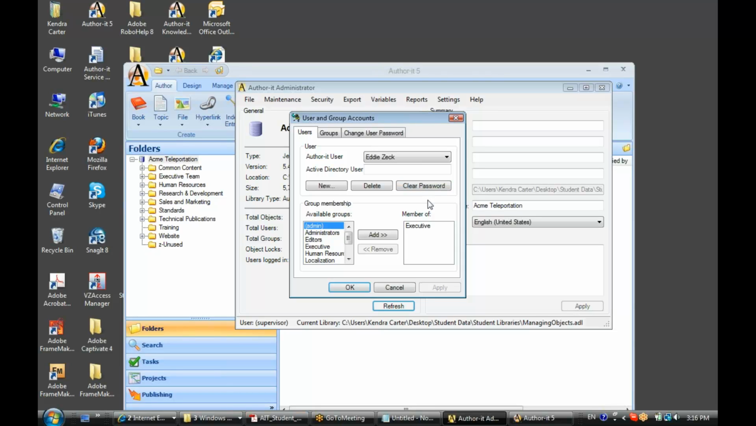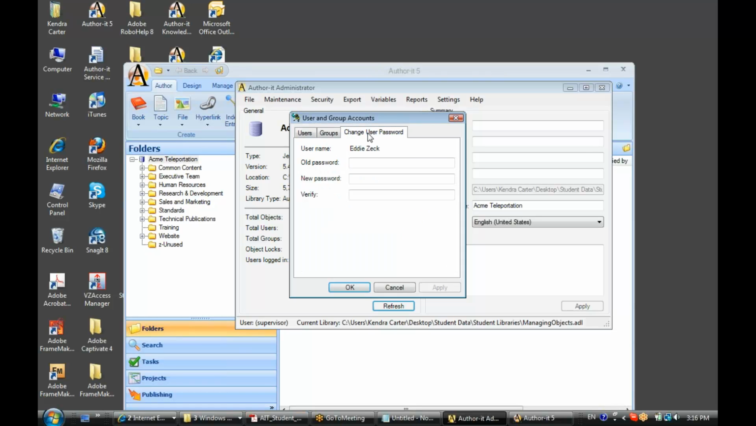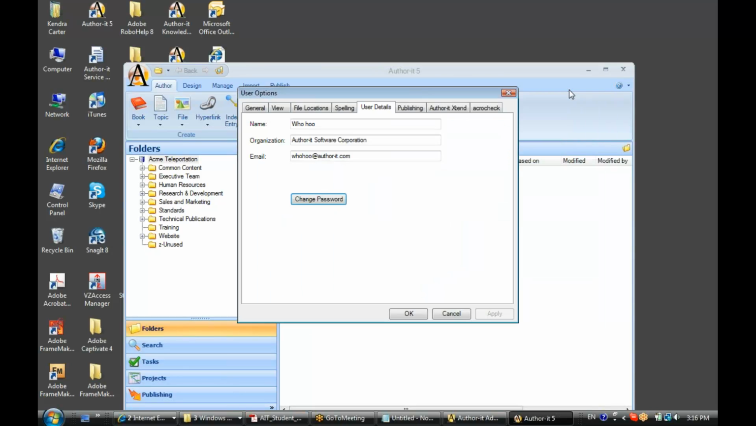You don't have to log into, say, SQL Server and try to figure out how to clear passwords inside of the database tables. You just go here to Users, Clear Password, and then you can enter in the new password, or Eddie can enter it again from the user options. Alright, so